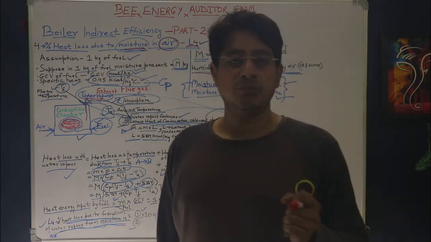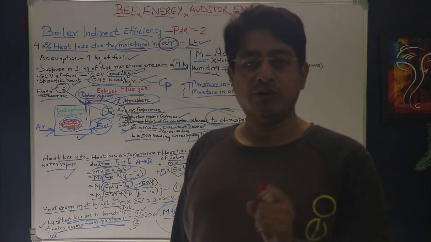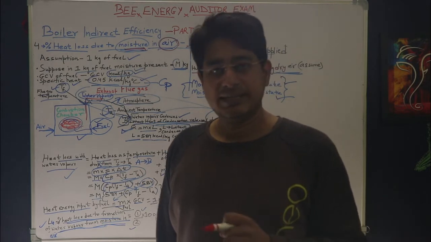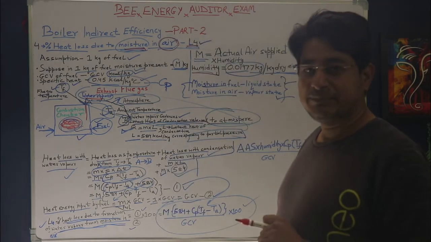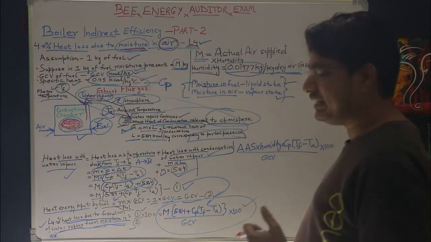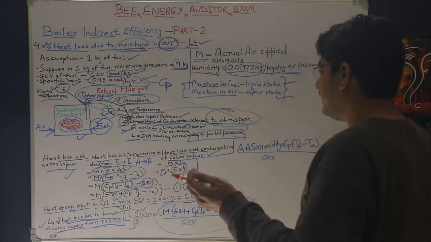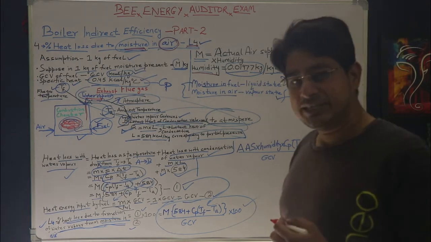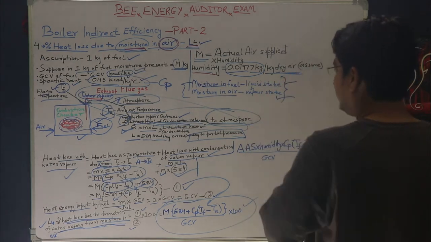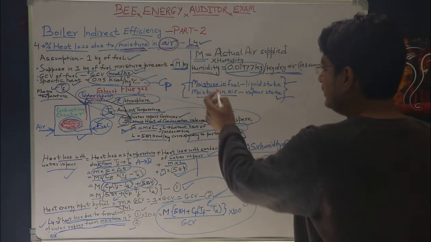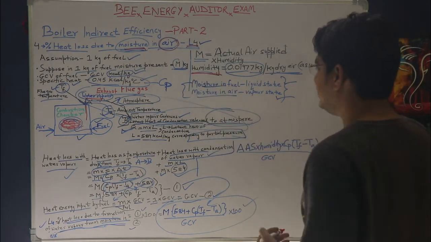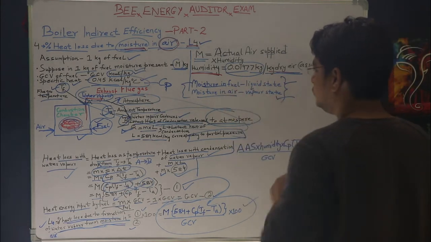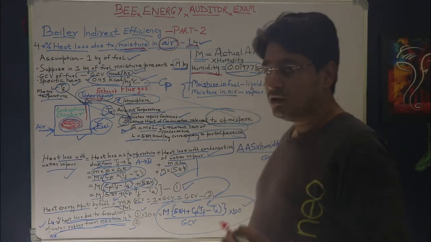As you can see here, humidity is the ratio of the amount of moisture present in air to the weight of the air itself. So you must have seen at many places the value of humidity is being given like, I have assumed it here, 0.01977 kg per kg of dry air. So what does this mean? This value of humidity means that in 1 kg of dry air you have 0.01977 kg of moisture.